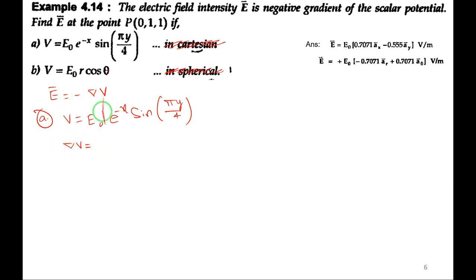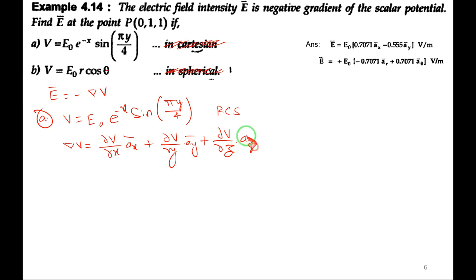Write down the formula in Cartesian system, the rectangular coordinate system. The gradient of a scalar point function is a vector: dou V by dou x into ax, plus dou V by dou y into ay, plus dou V by dou z into az. At point P, we'll take 0, 1, 1. We'll substitute x, y, z later. So del V is equal to